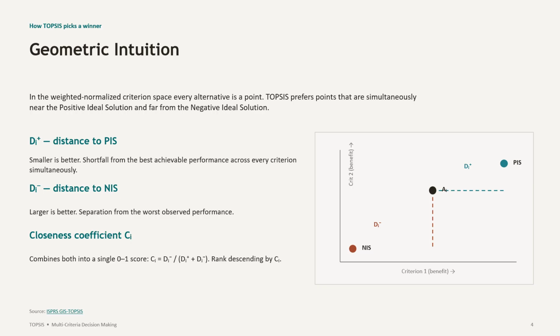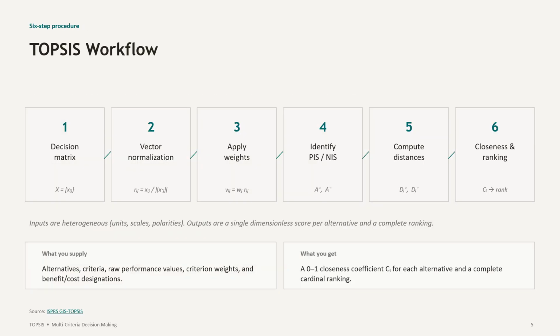The higher the closeness coefficient, the closer the solution is to the ideal solution, and the one with the maximum closeness coefficient is selected as the best solution. You'll all understand what I am saying later on when I go through an example. This is overall